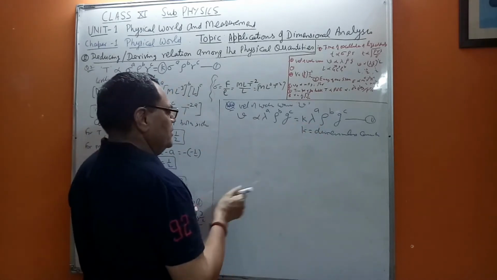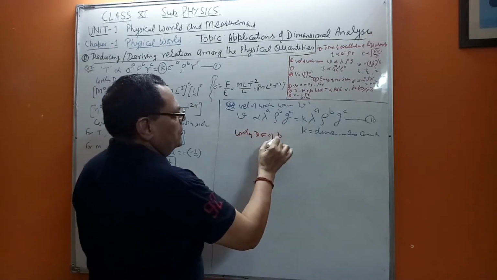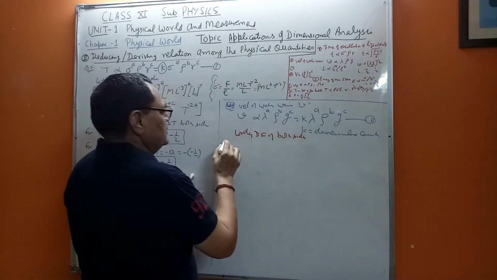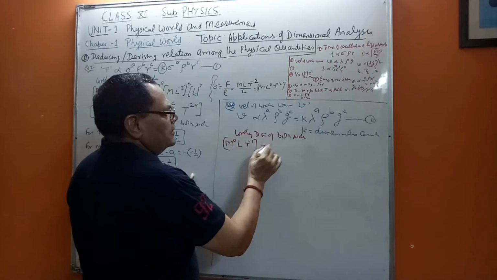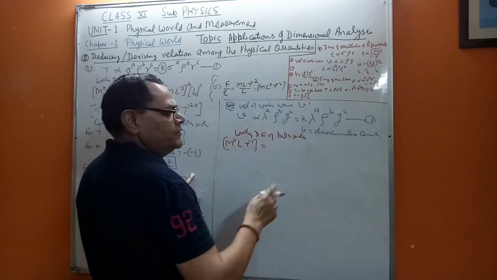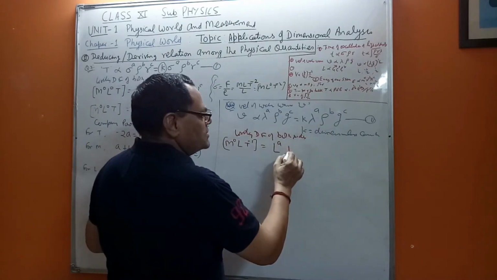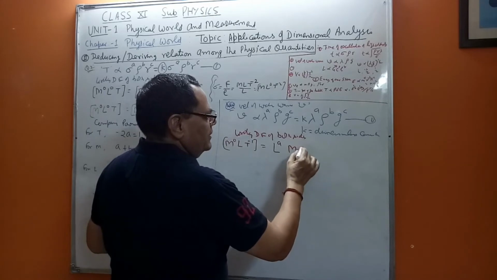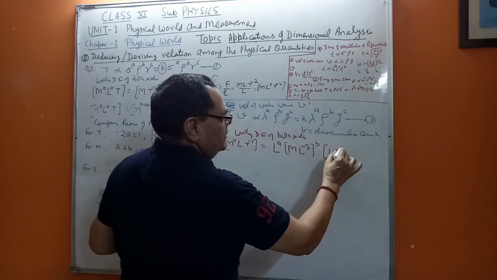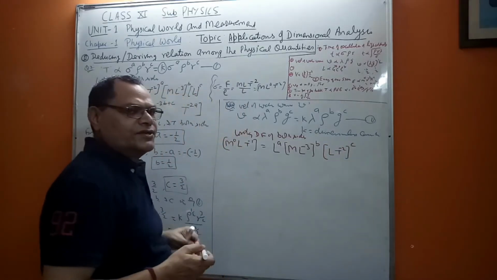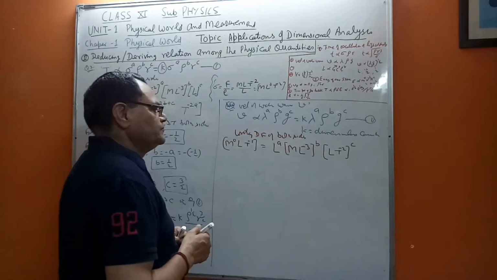What is the next step? We will be writing the dimensional formula of both sides. What is this? The velocity is M^0 L T^-1. K doesn't have any dimension. Now wavelength is simply a length, so that is L raised to power A. Density is mass upon volume, that is M L^-3, raised to power B. Acceleration is L T^-2, because whether it is ordinary acceleration or the acceleration due to gravity, it has the same dimensions.